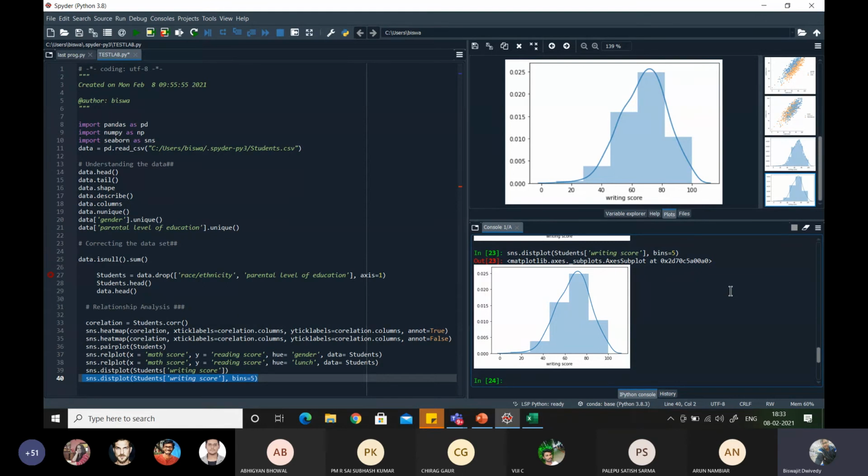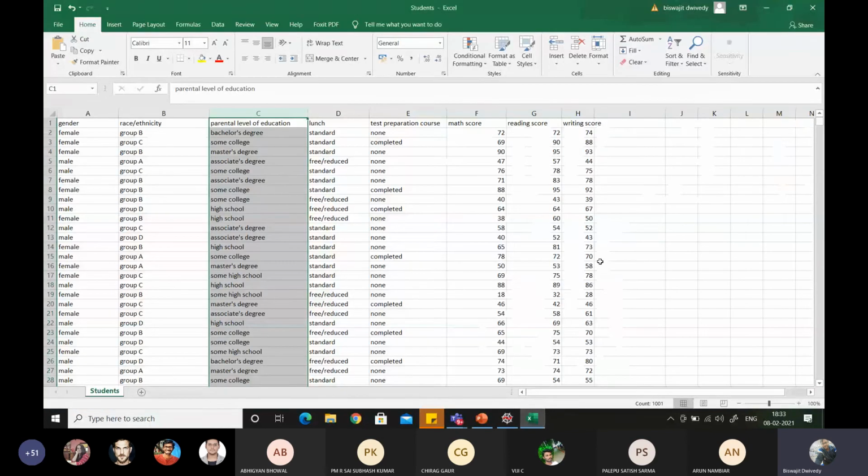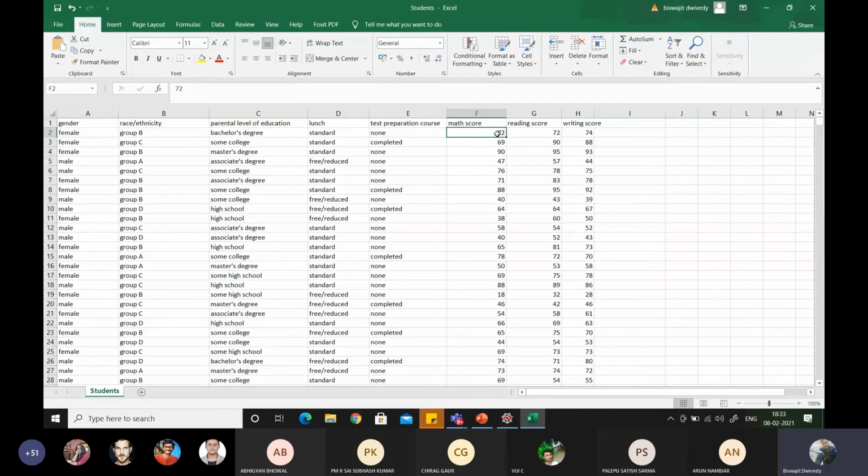Sometimes there are some outliers. Let me give you some examples. What is the meaning of outliers? You can see in this column some entries are there, like 72, 69, 90, 47, 47, like that. And suppose suddenly one entry comes that is 0, or suddenly one entry comes that is 0.1. At that time you should understand that that is not a real entry, rather that entry has occurred due to some problem in the system, or there may be some delay in the system, or some experimental error.